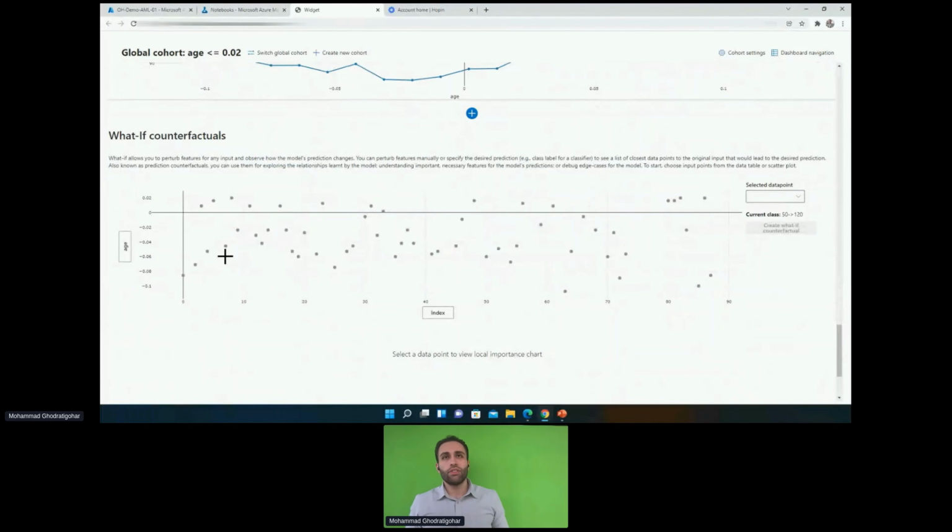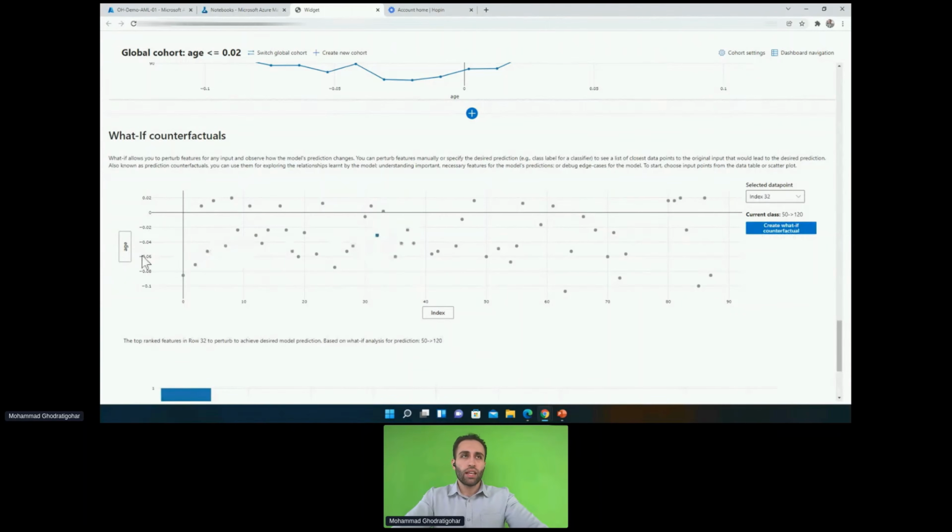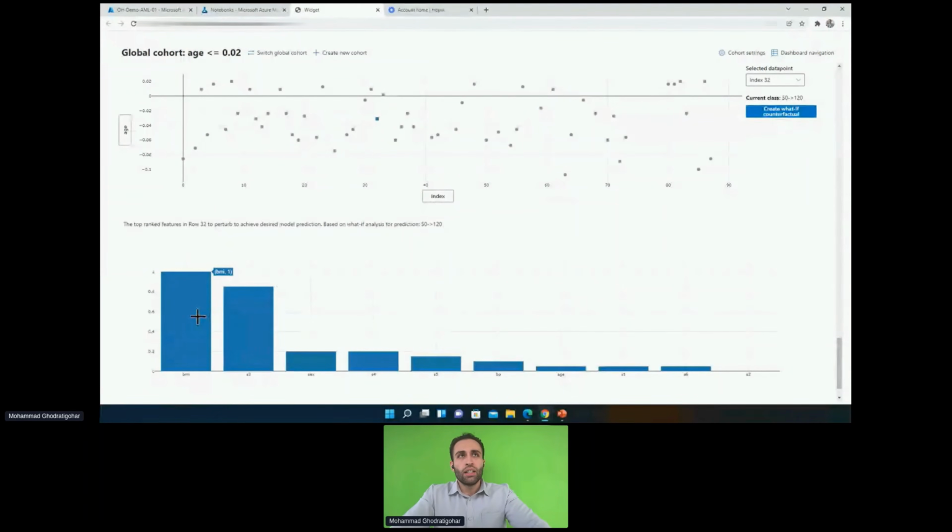This is also very interesting to dig a little more into your data and understand how your model is performing. You can see here I have an index, and I can filter them based on any type of features and values that I want to see. These are all different data points for which we have done the prediction. Let me just randomly select one of them. This is based on age because age has been selected, but I can certainly change it. And here you can see for that age, which features were important for the prediction and how.